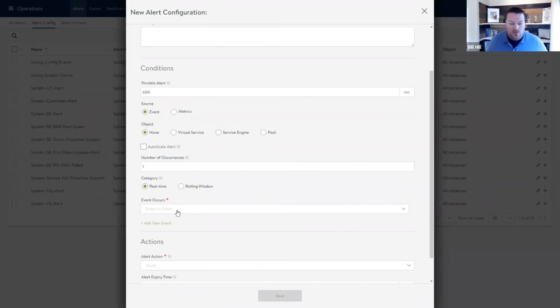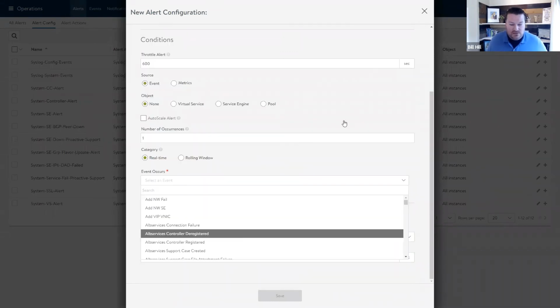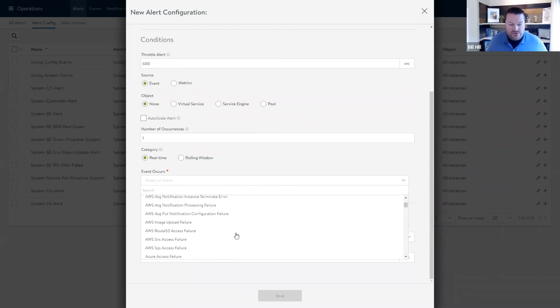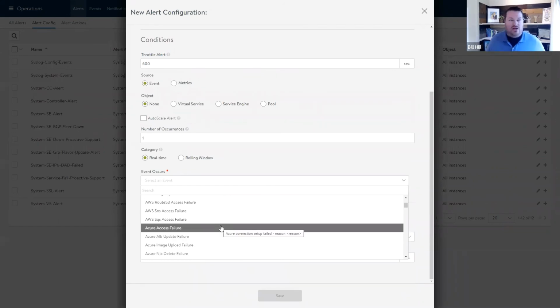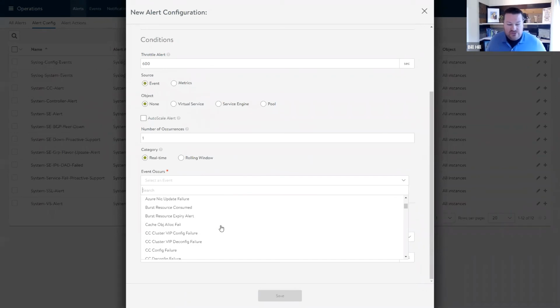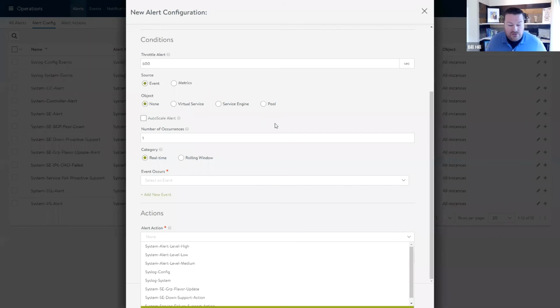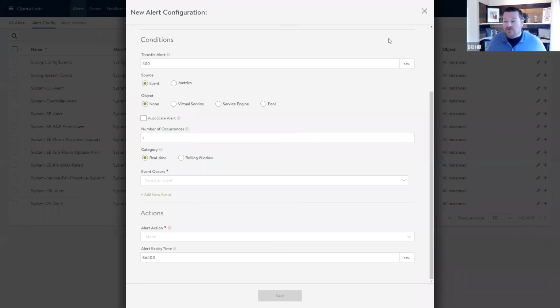So when a certain event happens, and we can scroll through, there's a lot. Here's AWS and Azure, because this can run in the hyperscalers. So specific environmental alerts you might actually care about. What are we going to do? We're going to set maybe a certain system alert level, syslog, whatever else. If I go back here,